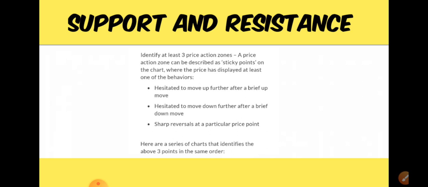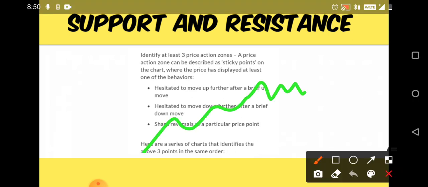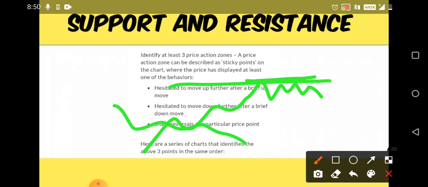Now coming to the second step, which is very important: how to draw the line. I'll give you an example also. Try to understand how you're going to draw the line. Once you open the chart, look for the regions where the stock is facing hesitation. Let's say a stock is continuously going up and it is consolidating here for a certain period of time. Draw a line there. In the same way, if a stock is continuously coming down and it is consolidating here, draw a line there. That is going to be the basic lines.